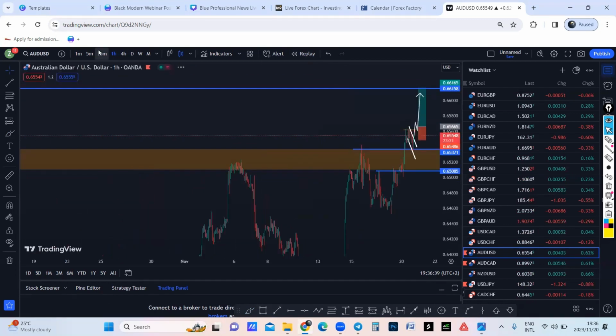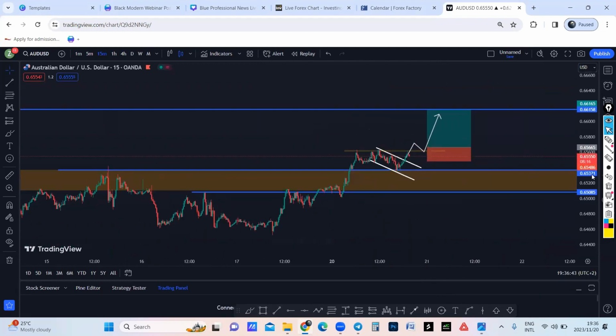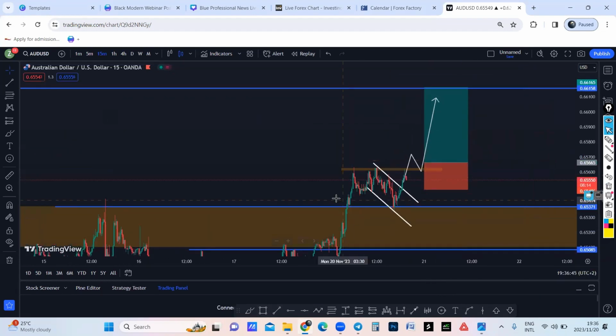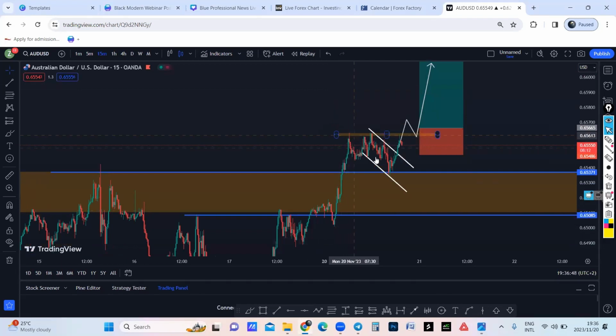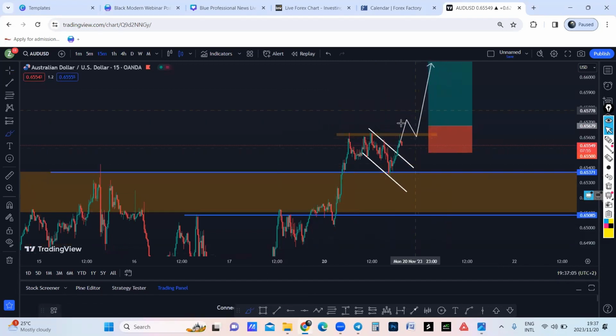And then moving on to the 15-minute time frame, we saw a breakout, and then it hesitated to go to my retest. It took longer, it was consolidating. So that's why I didn't take it here. But I'll wait for tomorrow to break out again, come to retest somewhere here, then I'll take a buy.